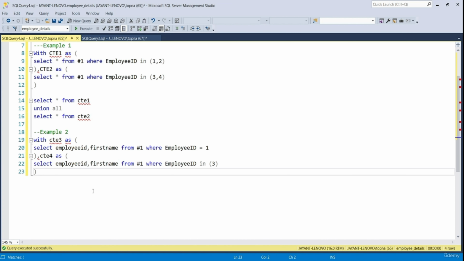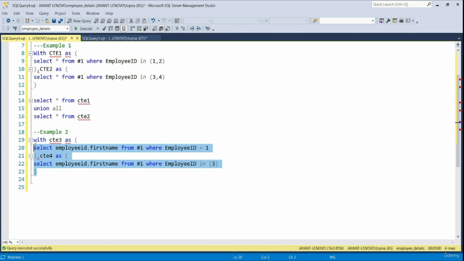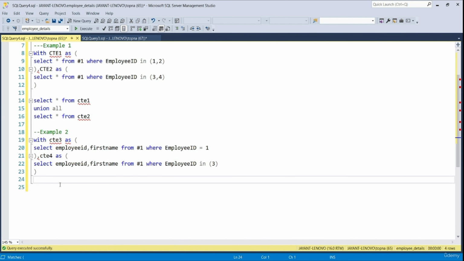Now, let's say we want to insert the combined data of these 2 common table expressions, whatever data we'll get if we run a simple select statement on these common table expressions, that combined data, we want to insert into a new temporary table named hash2. So how can we do that? We can use an insert statement for that. So we can write insert into,